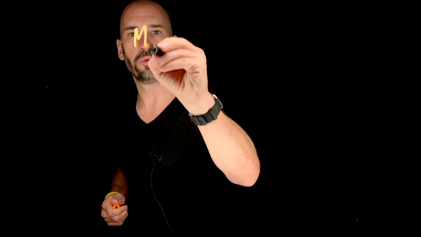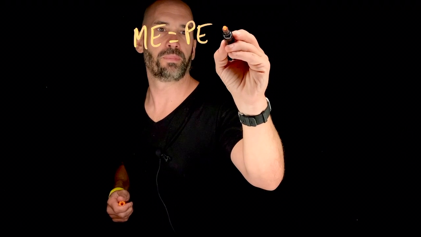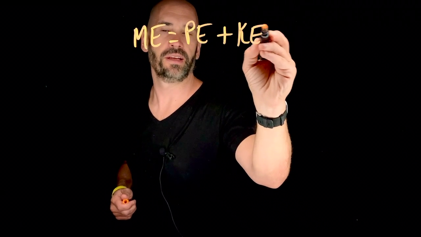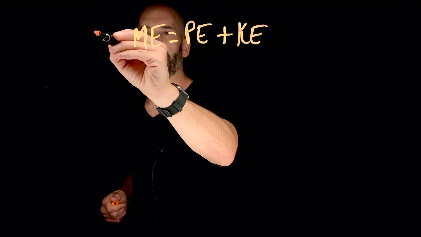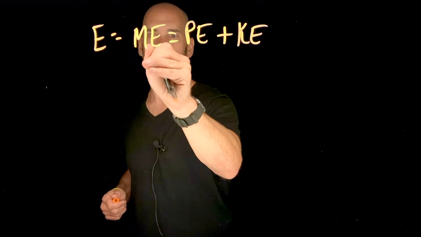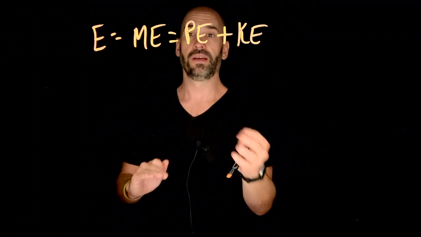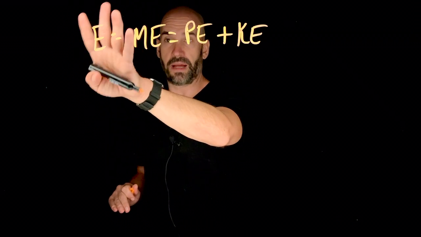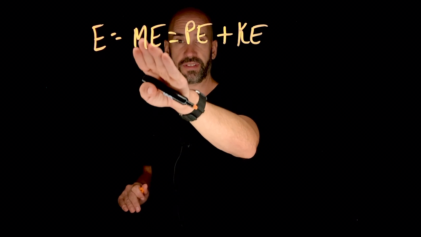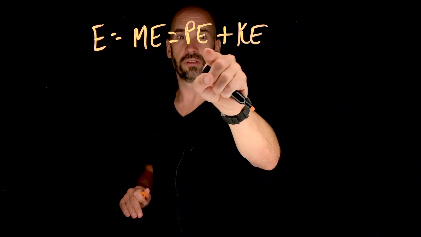And now mechanical energy is simply equal to the two types of energy that we've dealt with so far, potential energy and kinetic energy, okay? So I'll call mechanical energy ME. Honestly, from this point on, I'm just going to call it E, right? These are the two main types of energies in the systems, at least, that we're going to focus on, right? But from here on, you're going to see me just call it E. But by E, I mean the total mechanical energy of a system, which means it's the sum of potential and kinetic